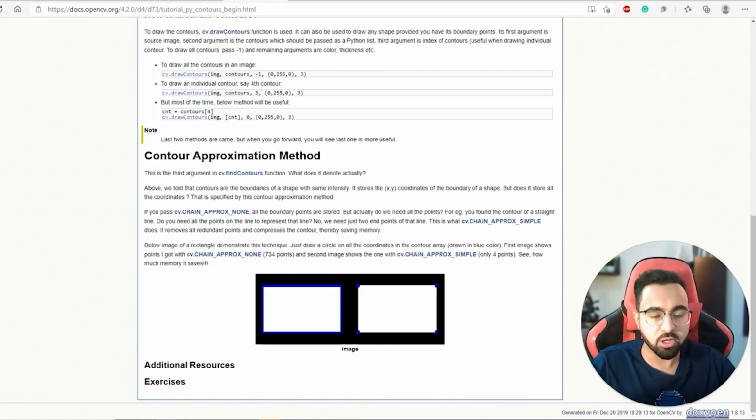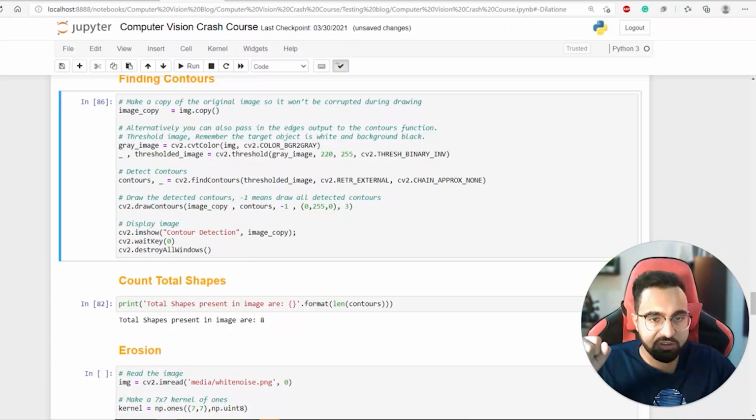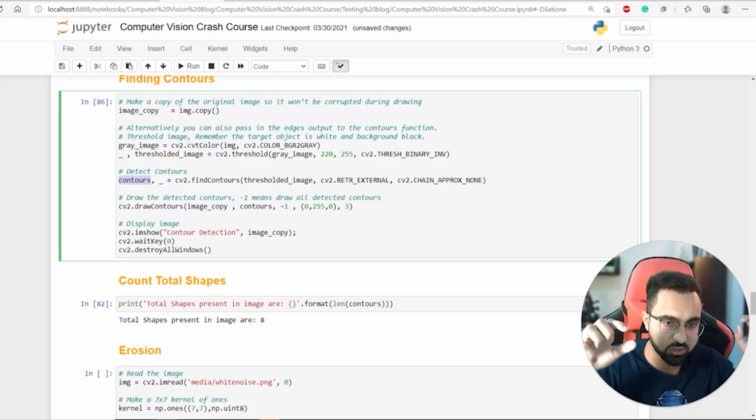So it's just for being computationally efficient, these modes. You don't need to worry about these modes. These are not that relevant. So cv2.CHAIN_APPROX_NONE, and then finally when we have contours, all we need to do is use another function called cv2.drawContours. Now you can draw these contours by using cv.circle and then getting each xy contour point and plotting it. But why go to the trouble when you have a function for that,